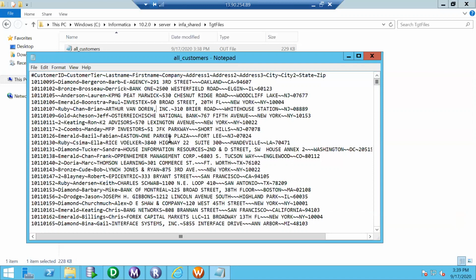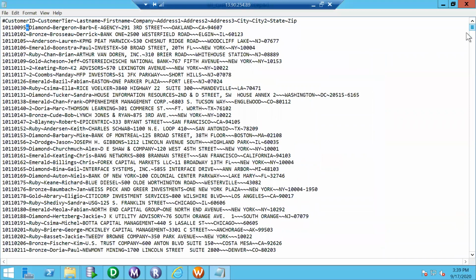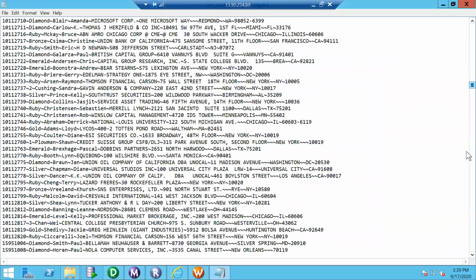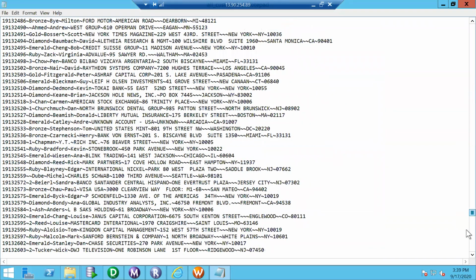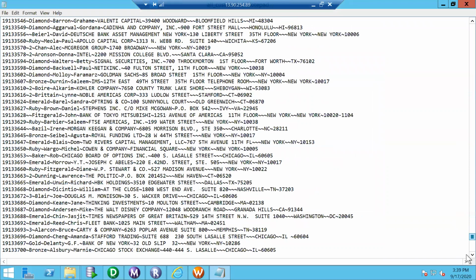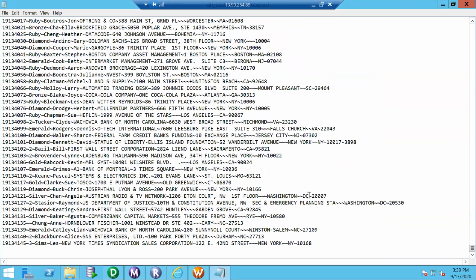Now we have not used double quotes or single quotes anyways, because my delimiter is tilde, and it is very less probable to have tilde in the data. So I don't have any issue. So I need not actually specify quotes or double quotes or single quotes.